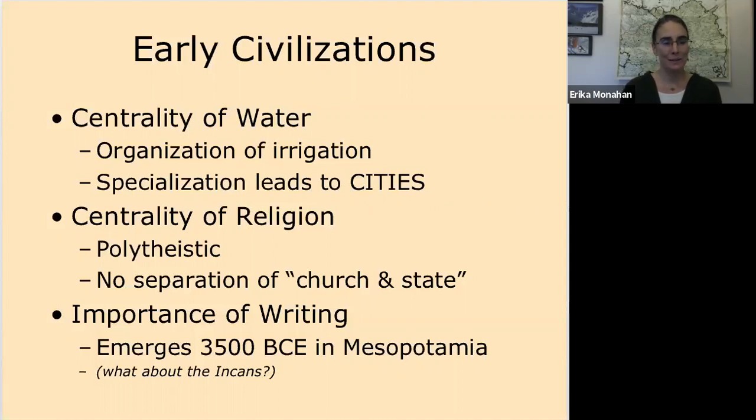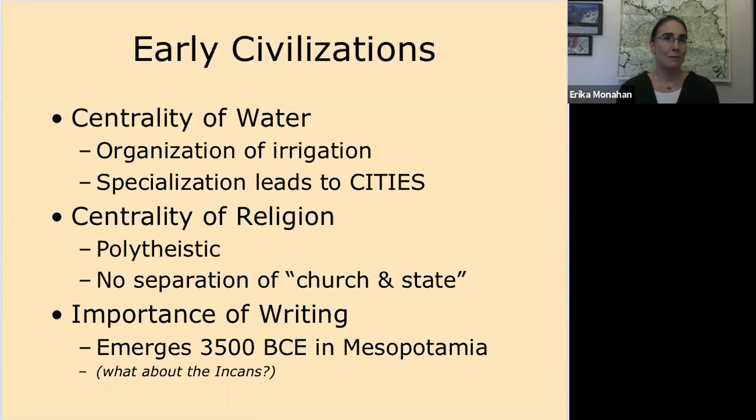You'll see on the learning management system, I suggested an optional video to watch is one from Crash Course World History, where John Green talks about mountain places far from big rivers being the opposite of civilization, maybe. So have a look at that if you're interested. In early civilizations, we see the importance of religion. Early on, these religions seem to be always polytheistic. That is, there are more than one God. There's no separation of church and state. This idea is far from being a twinkle in anyone's eye. And the importance of writing